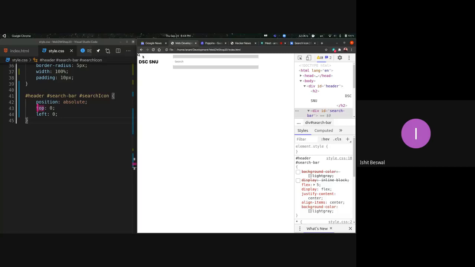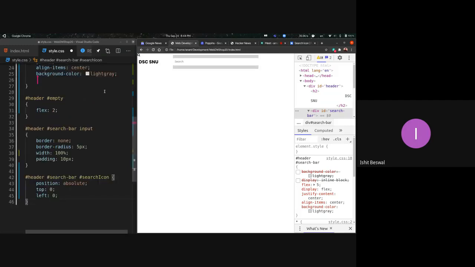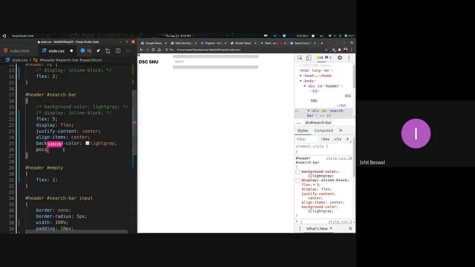Currently this element is relative to the whole web page. Next we can make it relative to just the search bar. For that, we add the property of position relative to the search bar. Then you can see how the search icon moves. Now it's in the top left corner of just the search bar and not the entire web page, because it's relative to the search bar.